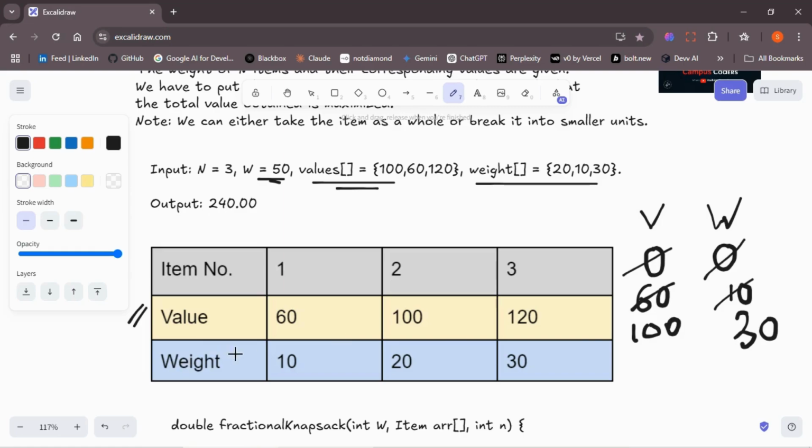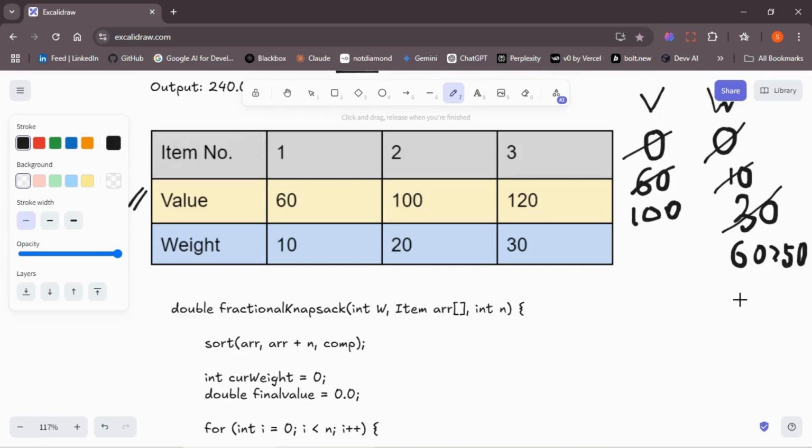Now the weight is 30. We move on to the third item, and its weight is 30, so 30 plus 30 will be 60, which is greater than 50. So we cannot add this item as a whole, we need to take it as a part. We can add only 20 of the whole 30. So we can add only 20 kgs of the whole 30, so we add the corresponding amount of value alone to the knapsack. Initially it was 100, now we can write it as 100